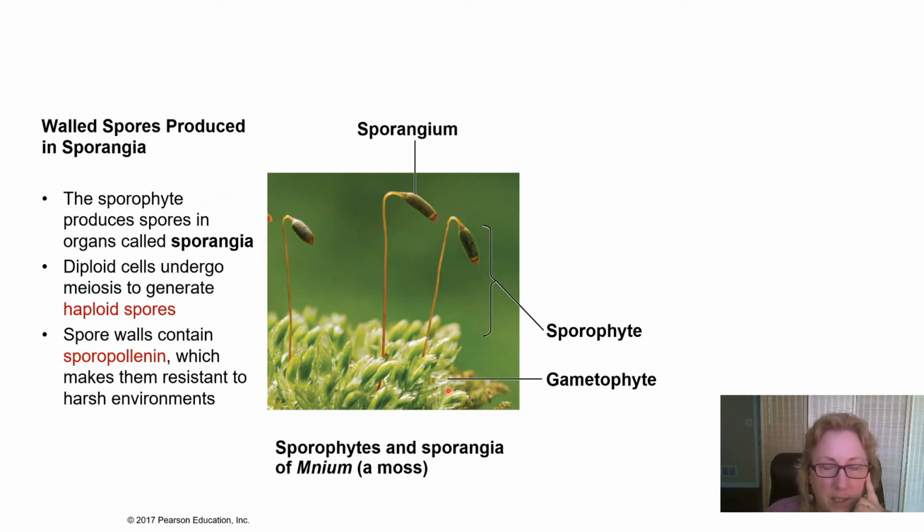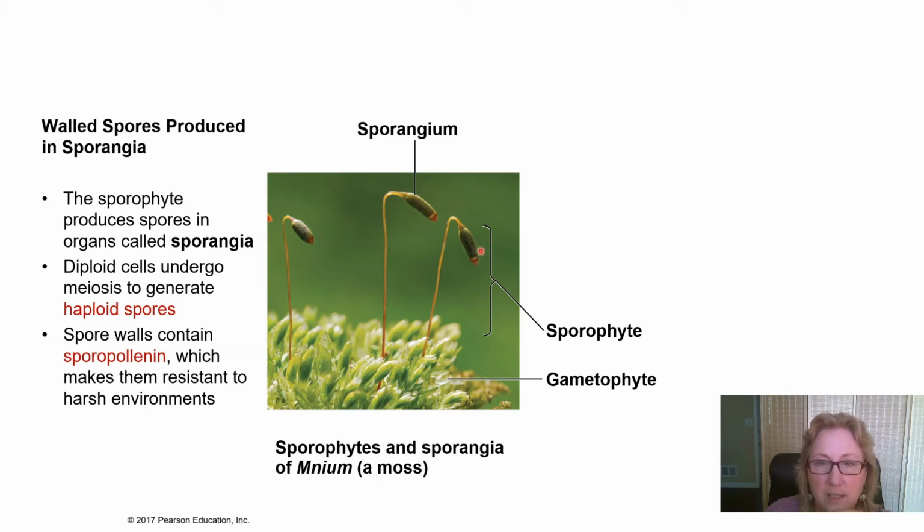So in a moss, this is what it looks like. Again, this is a different moss. The green part is a gametophyte. This stalk is a sporophyte. In mosses and in liverworts, the primitive plants, the sporophyte is never independent. It never grows on its own. Generally, they don't photosynthesize. They grow out of the gametophyte, and they are totally dependent on the gametophyte.